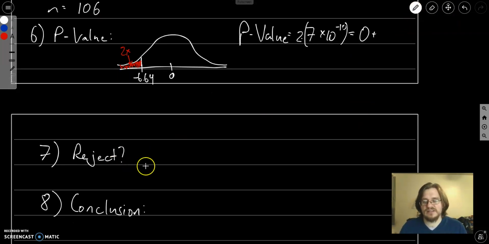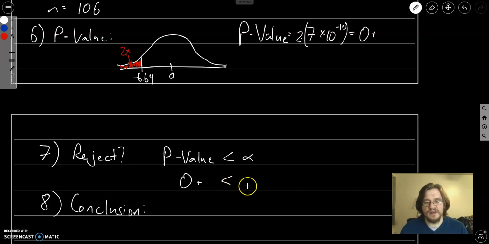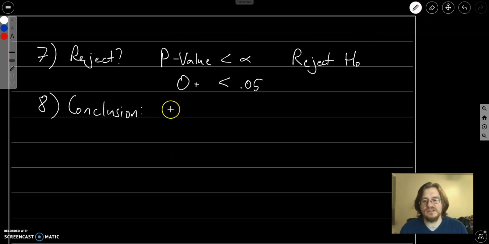So will we reject our hypothesis? Well, our p-value, which is essentially 0, only a little bit bigger than 0, is in fact less than alpha. So our alpha is 0.05. And notice that we could have chosen a smaller alpha, meaning we could have chosen a higher level of significance here, and our results would still be true. So this means that we reject the null hypothesis, and our conclusion is that there is, in fact,